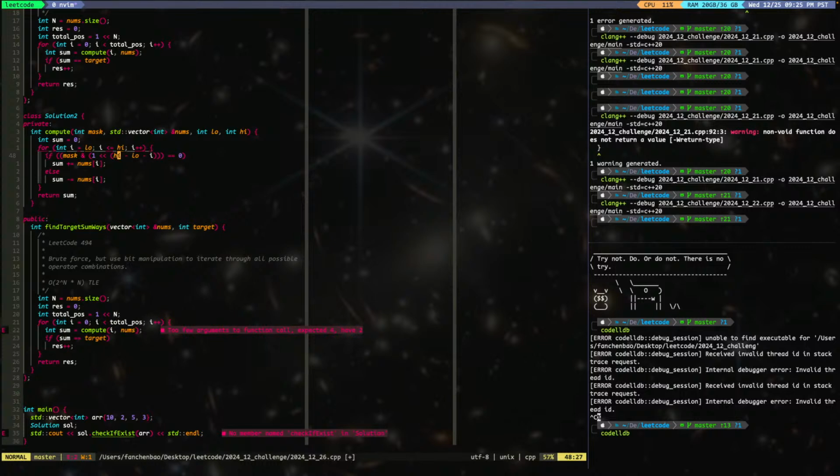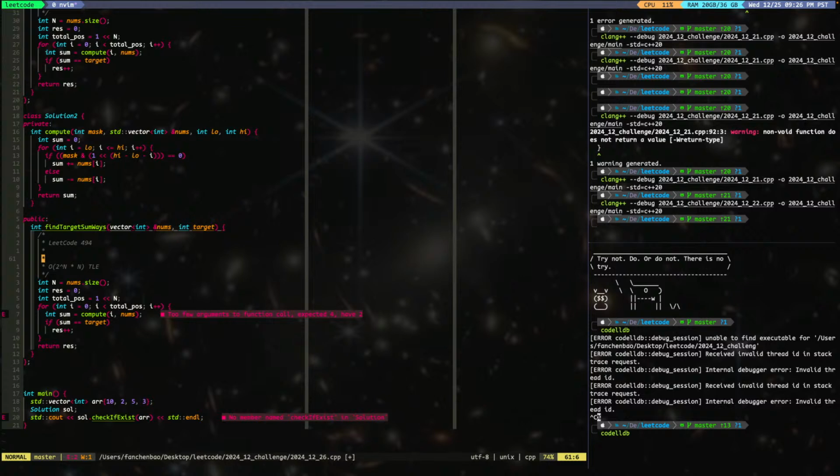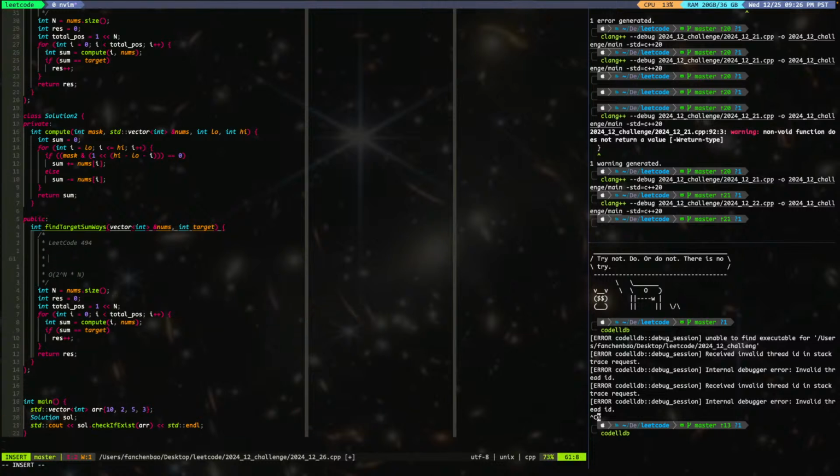And then this one minus I. Yes, I think this one's actually right. Okay, so I still think this is still true, but we'll do the brute force